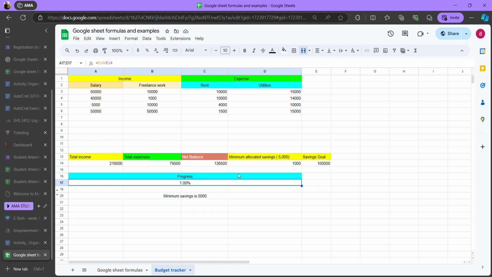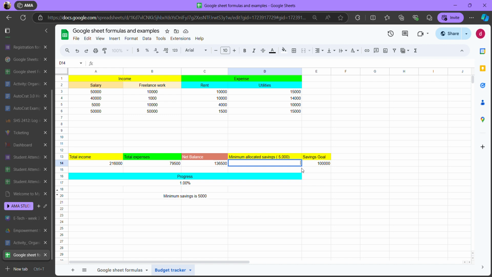So instead of displaying 1%, since 1,000 is below 5,000, because our minimum should be 5,000, we should be saving a minimum of 5,000, right? So we want a condition wherein if it's below 5,000, it must display a text like that here: the minimum savings is 5,000. Then also